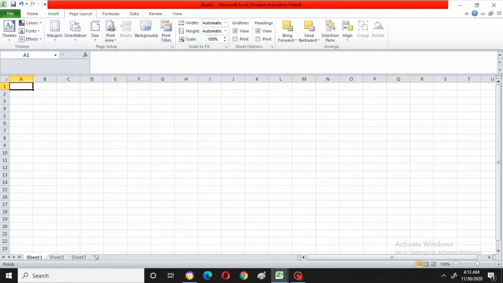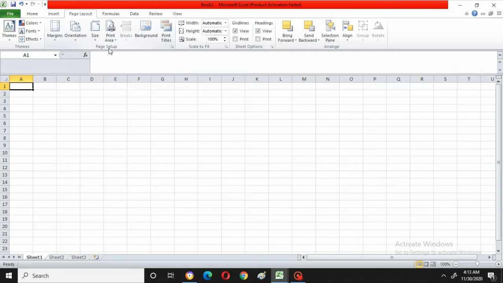Right now in front of you is the interface of MS Excel. In this I have clicked on Page Layout. In the Page Layout menu, these are the groups: Themes, Page Setup, Scale to Fit, Sheet Options, Arrange. Now I will go through Themes. This is the same as Word. I have explained everything clearly in Word. What all Word has, the same will be in this also, so I am skipping that.